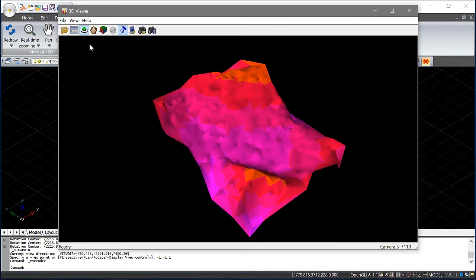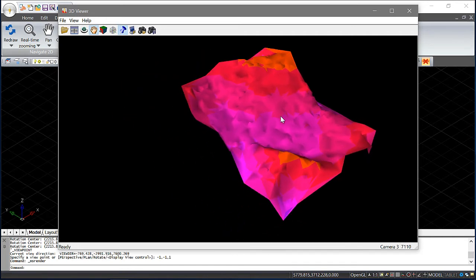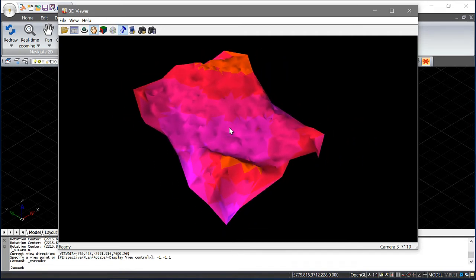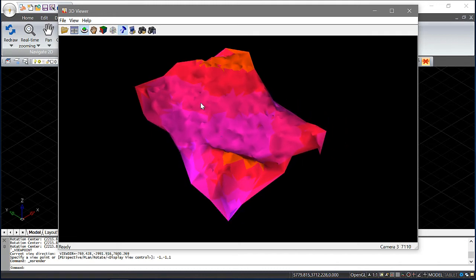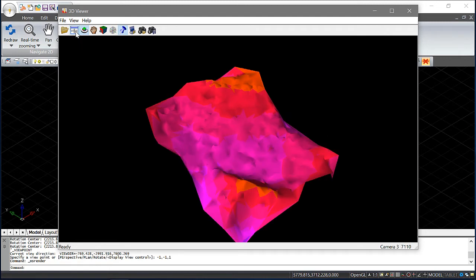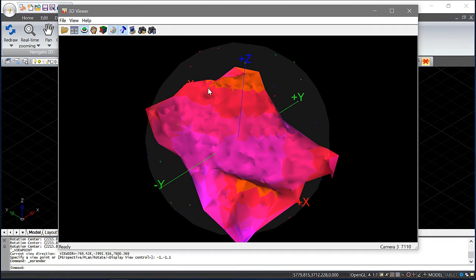We have a few options available here. We are currently in orbit mode, so clicking our mouse will let us rotate the view. We can switch over to pan mode, where our left mouse click will let us move the surface around. When you're in orbit mode, if you use your middle mouse wheel and click it in, you can also pan. You can zoom to extents. We can also turn on the orbit sphere, so if we need a reference grid,